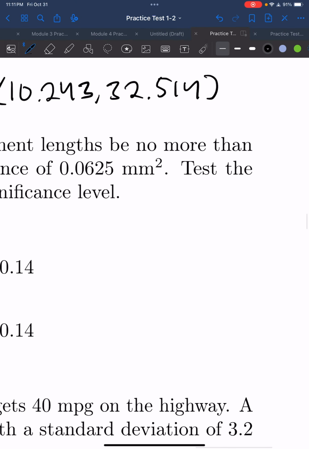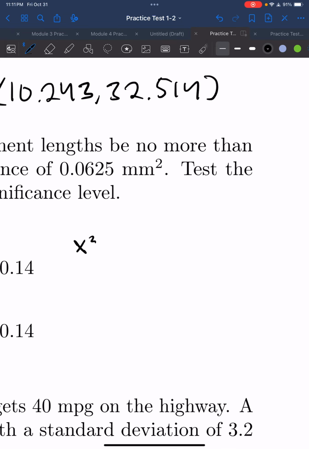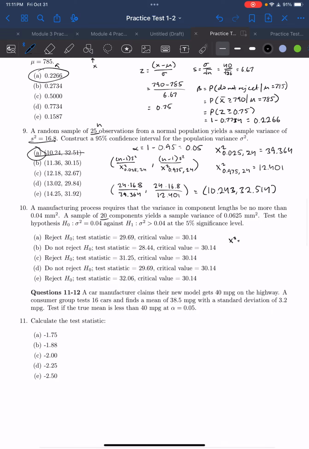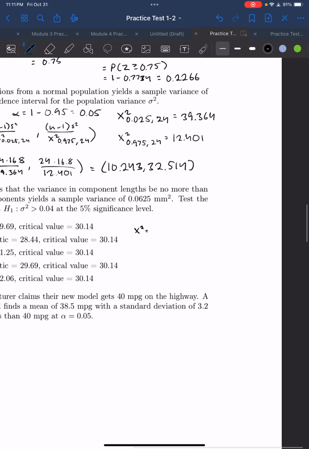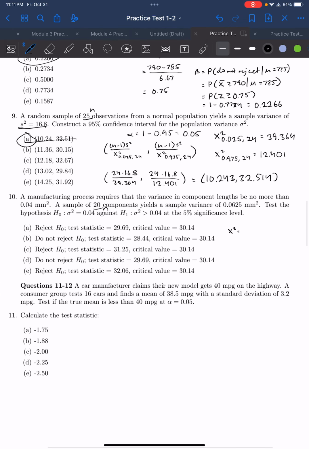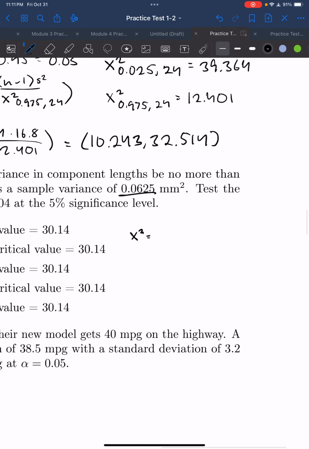So we can calculate our chi-square, and we have our sample size, which is 20, and then we have our sample variance of 0.0625, so we can just plug that all in,